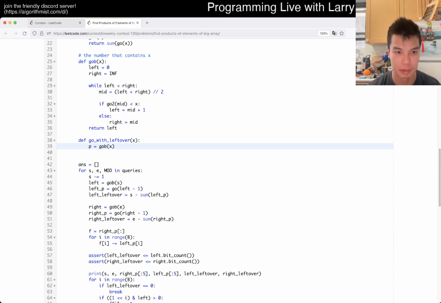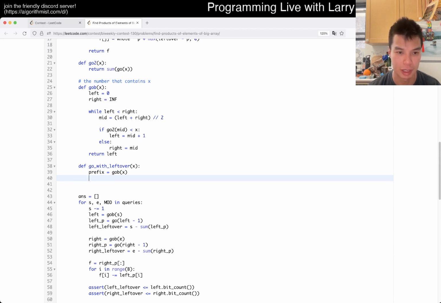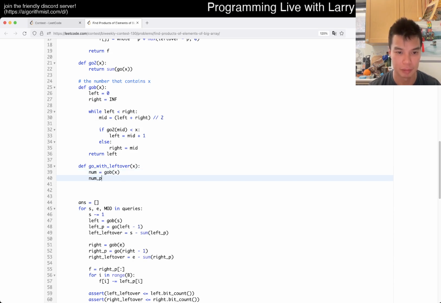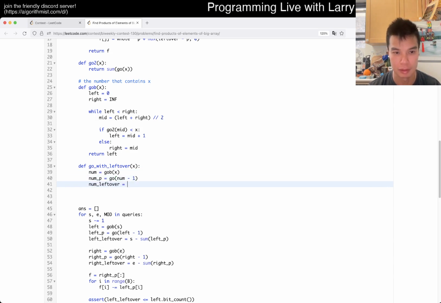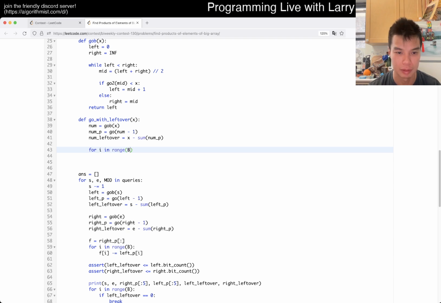This is prefix, and no, this is just to calculate, right? So this is the number, and then this is the prefix, the number. Right, and then now for if